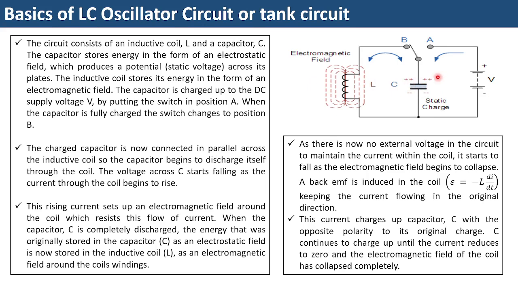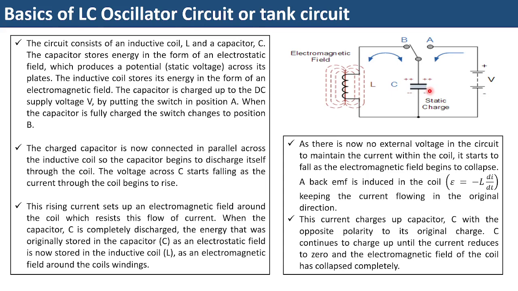So what we do in this particular circuit, we have got a high tension battery connected, and there is a switch which can switch between A to B terminal. So once you connect this to A terminal, what happens? This battery charges up this capacitor. Now we can see that this is positive terminal of the battery, this is negative terminal of the battery, and hence accordingly this capacitor is charged to be positive and negative.